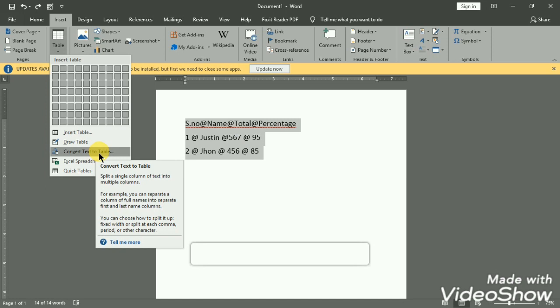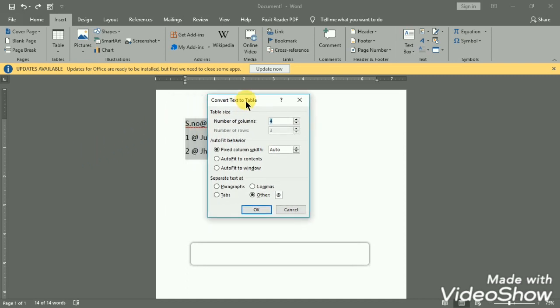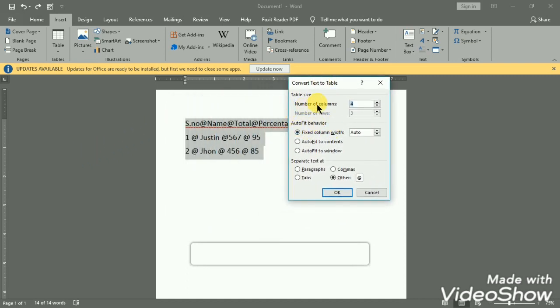So now I am selecting this and I am selecting convert text to table. We have a dialog box here. In the dialog box we have so many options. First one is number of columns, and it automatically selects the number of columns based on our data. What we have to do is just mention at what symbol we want another column.